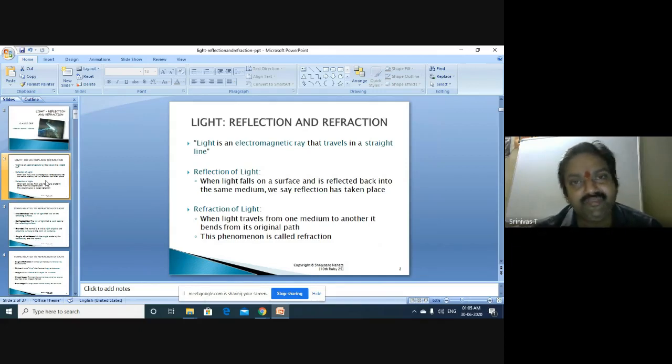Now coming to the first definition, that is reflection of light, we know whenever light travels and falls on a surface and is reflected back, when it bounces off into the same region, when it is going from one medium to another medium, particularly one optical medium to another optical medium, bouncing off into the same region from which it is falling, that is said to be the reflection of light. So that property we refer to as reflection.